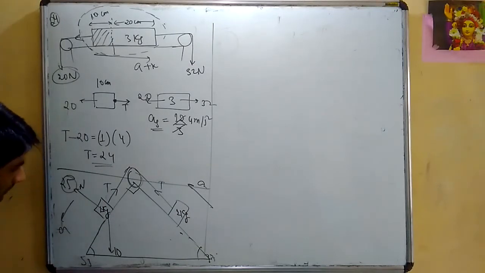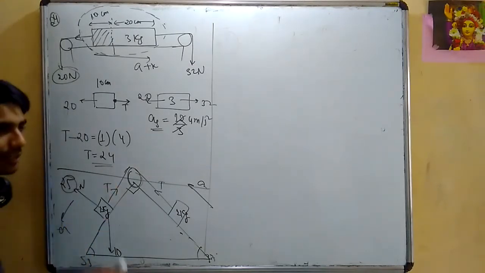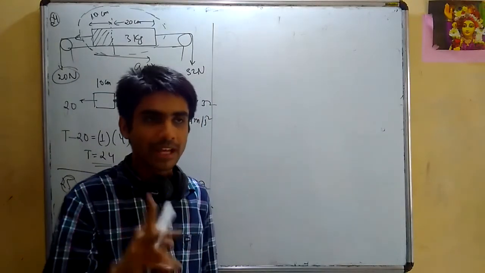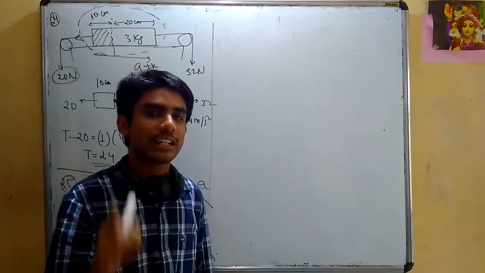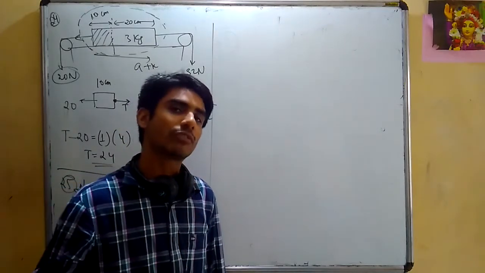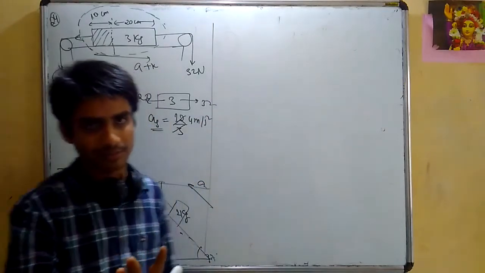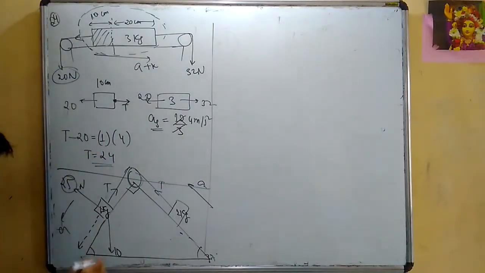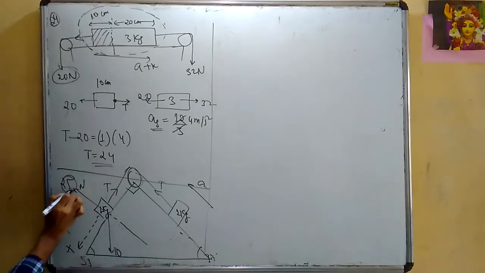Now, because this is moving in this direction, while writing F equals ma, I had given you 4 rules. The third rule, if you see, was that you have to choose the axes x and y in such a way that the acceleration of the body should be along one of these axes. So I choose this as x and this direction I can choose as y. There is no problem. I can change x and y as per my need.